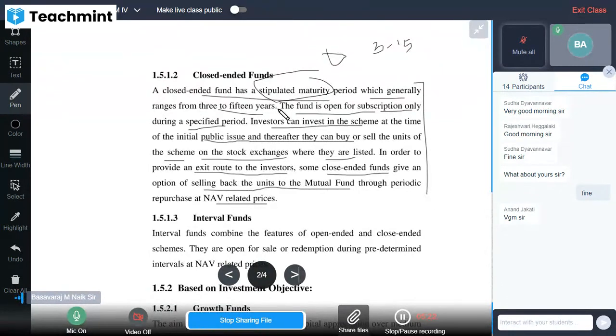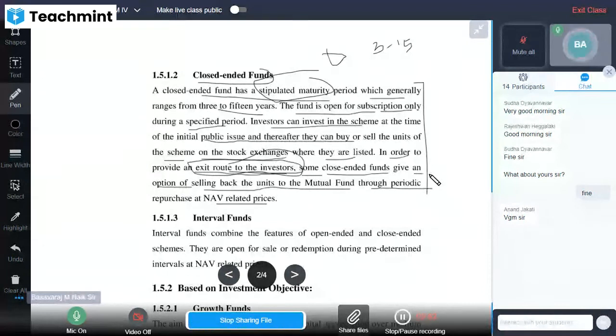See, there is a stipulated time period, right? There is no pre-exit here. Why? Because these are closely ended funds, or close-ended funds. Even so, in order to provide an exit route for the investors, they can exit from these funds. Sometimes the mutual fund will provide an option to the investors for selling back the units to the mutual fund through a periodic